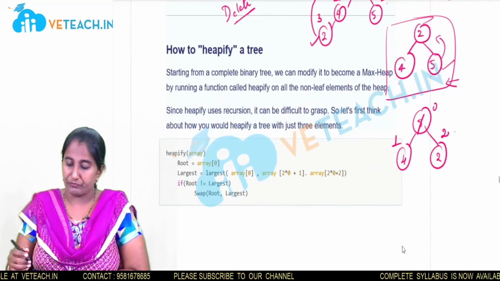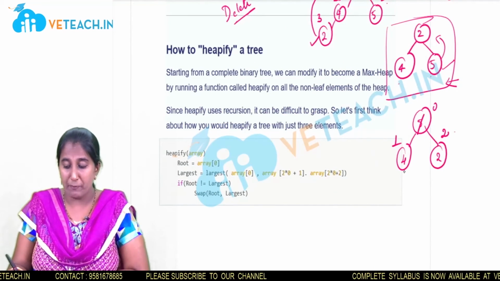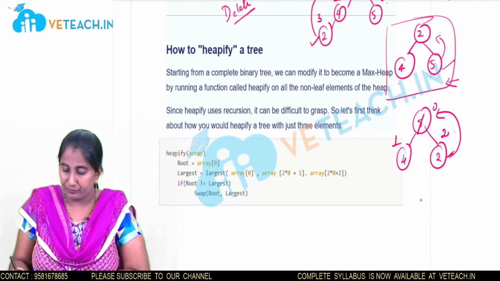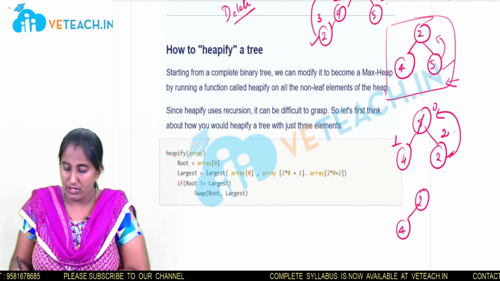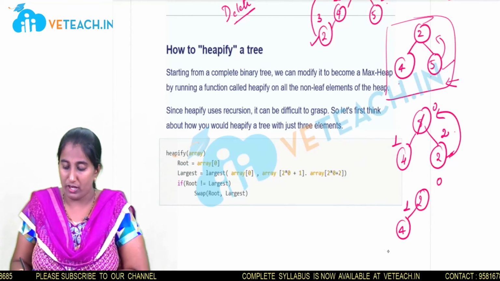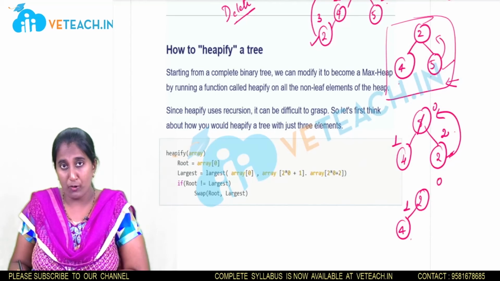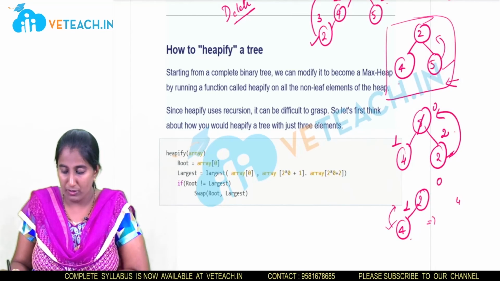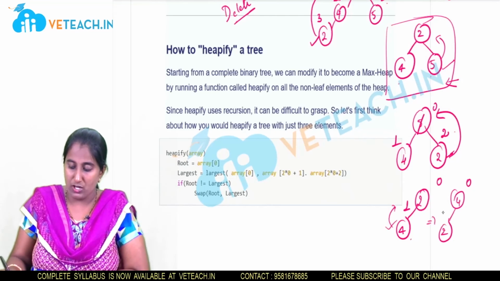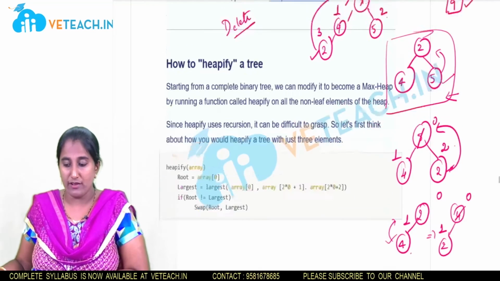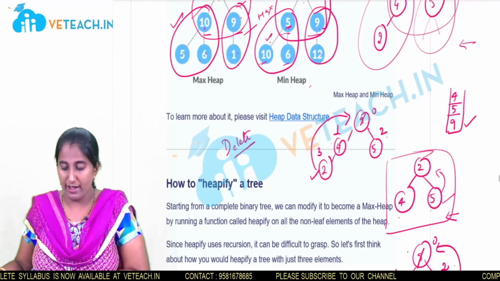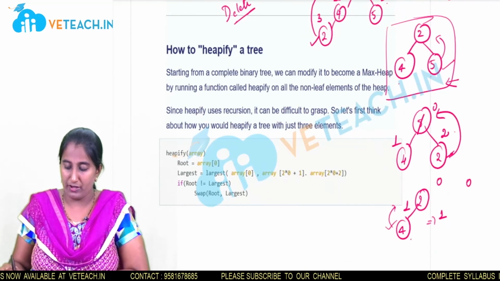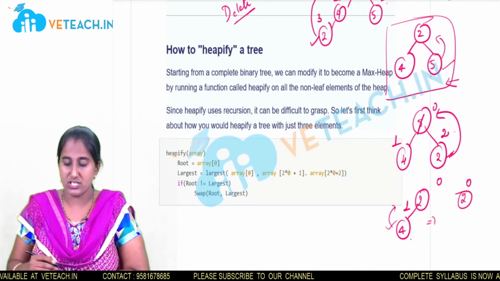Okay, now with which element do we have to replace? The last child node. Who is the last child node, guys? 2. So replace with this 2. Okay, 2 and 4, so 0th position and first position. Okay, is it satisfying the heap property? No. So we need to swap with the 4. So 4 and 2, 0 and first position. If we delete this node, the 4 will be stored into the array, and 2 will be replaced into the 0th position.